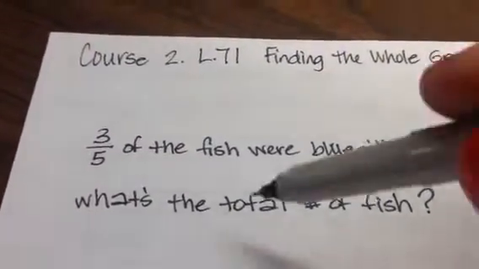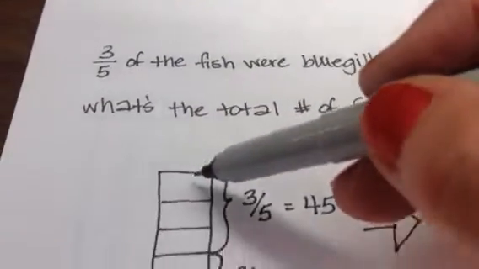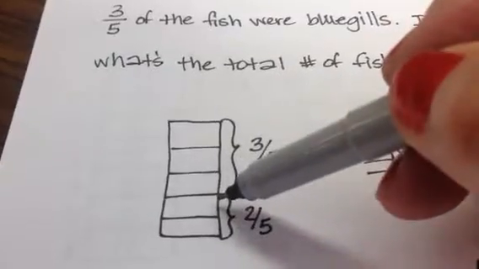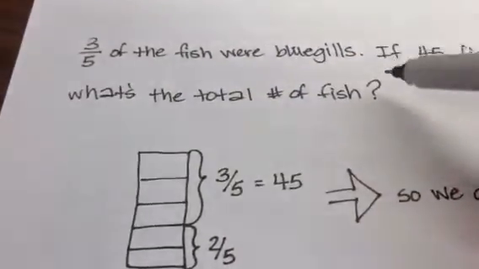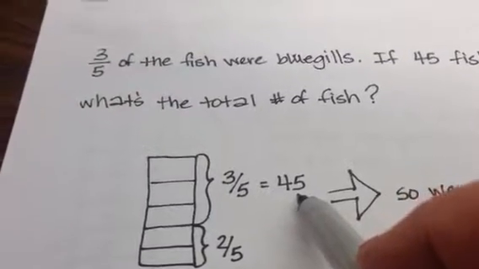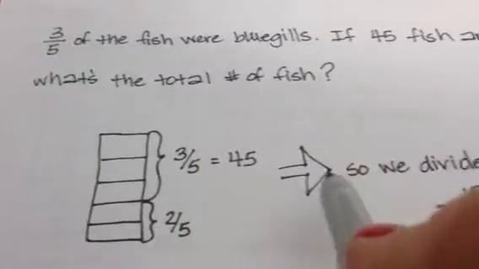All right, so we need to know 3/5. So we need to draw a diagram, our favorite thing. We're going to draw a box with 1, 2, 3, 4, 5 spaces, label 3/5 and 2/5. So now we're told that 3/5 equals 45. So how am I going to figure out what 1/5, what each of these boxes is? I'm going to divide